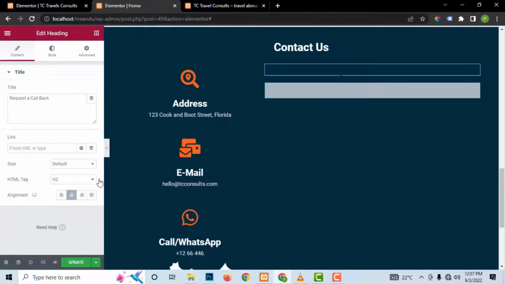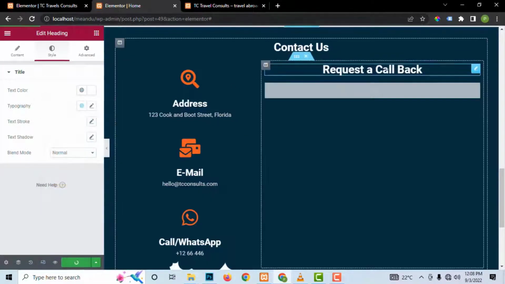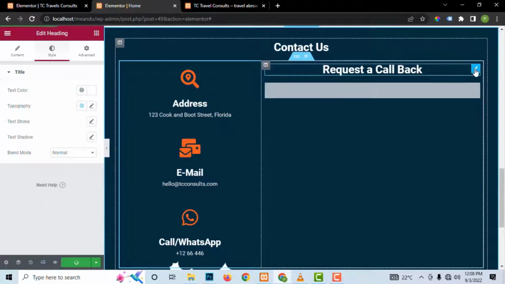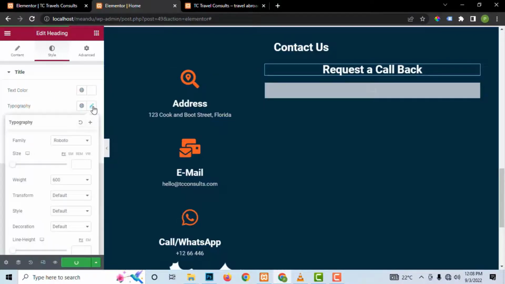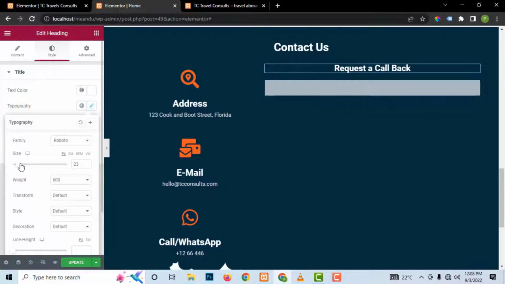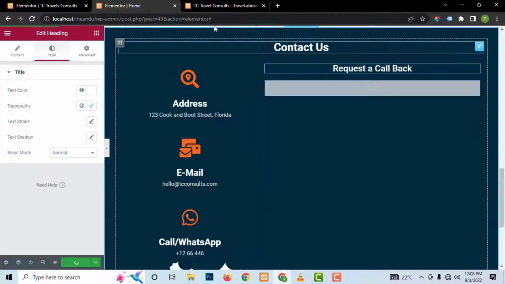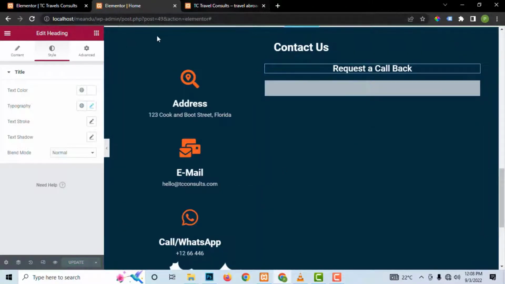Alright, so centralize it and change the color. Come to style and change it to white and update. So when we do this, this is supposed to be a little smaller, so we can come to typography and reduce the size. Request a callback. Alright, we can also reduce the weight to maybe 500 and update. So when we do that, the next thing we want to do is to